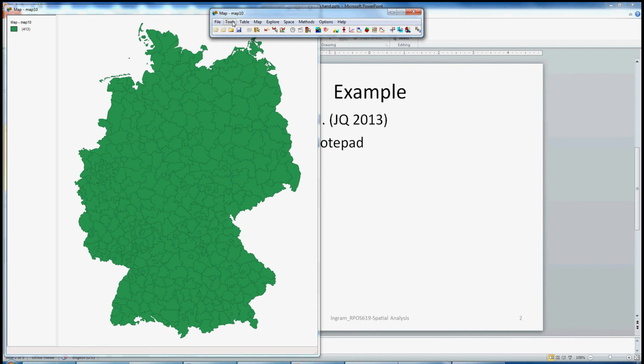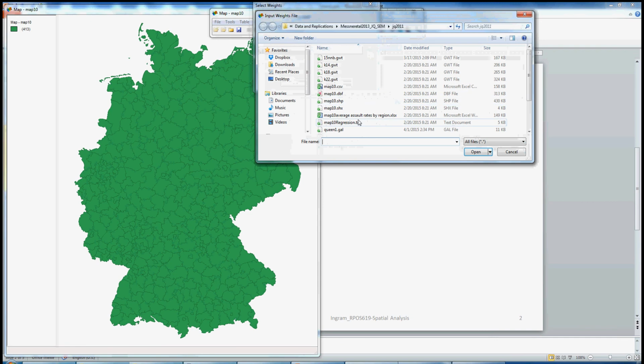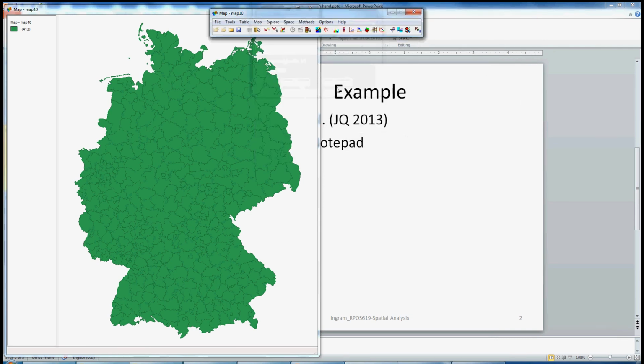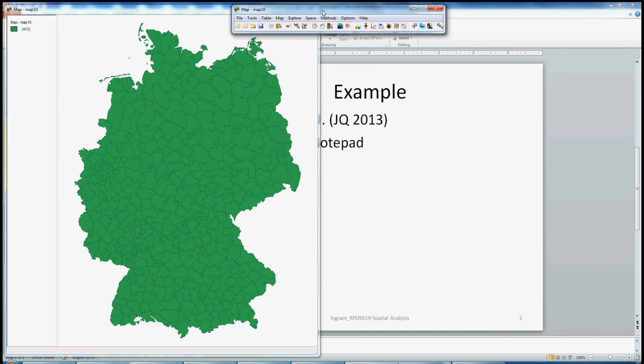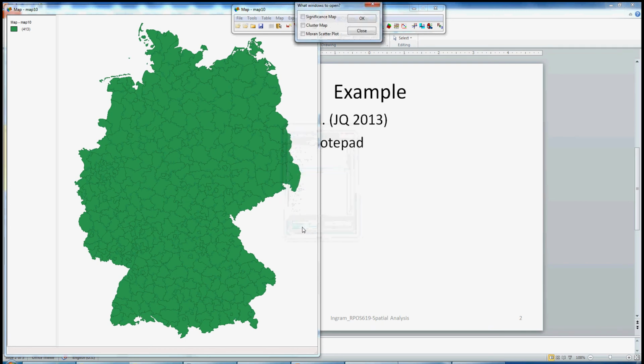And we can now make sure we've selected that one, and here it is. So now we've selected it and set it as our default. So what might be the problem? Here we can see that if we do a simple LISA cluster map, say of the raw robbery rates from the Messner et al. piece, that's RR57A, if we generate the cluster map,